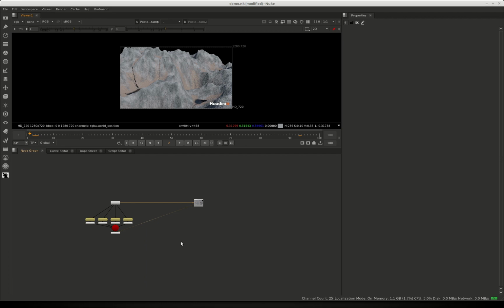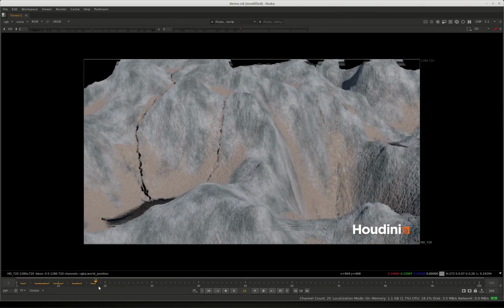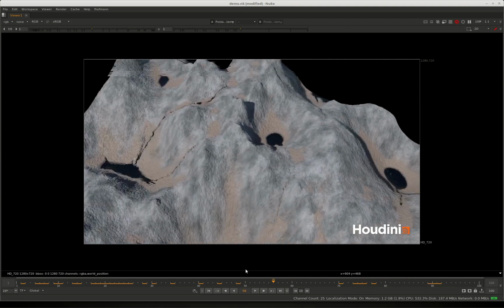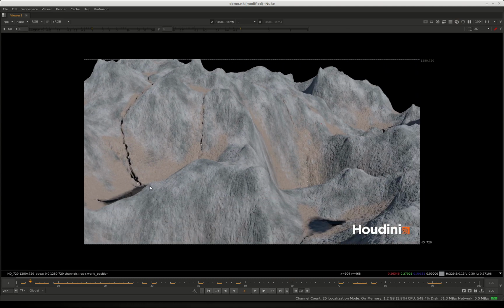Hey there, I would like to show a demo of a tool called Nuke Card Machine. The tool itself is for placing cards, but you can paint the position in screen space and the tool will convert it into world space based on your CG. So let's say I have some poor man's environment here, just this animation, and I would like to place some